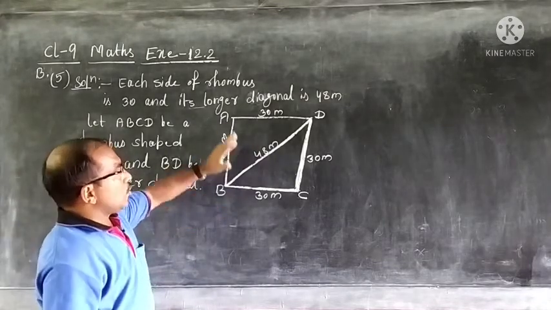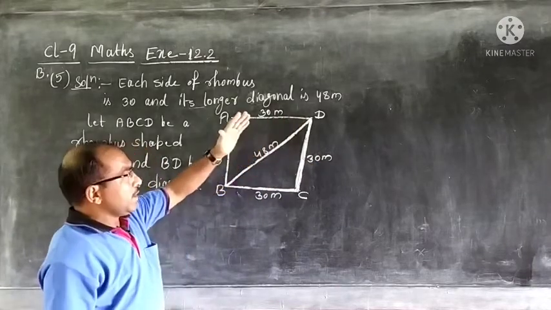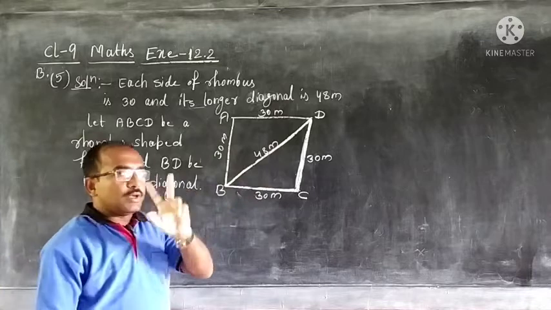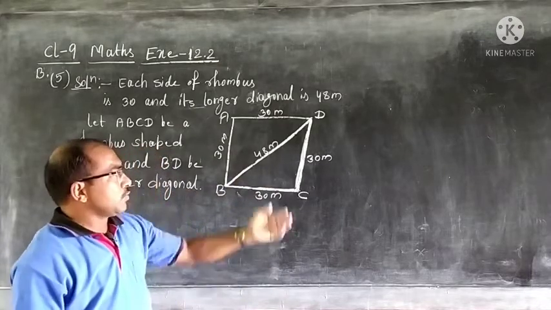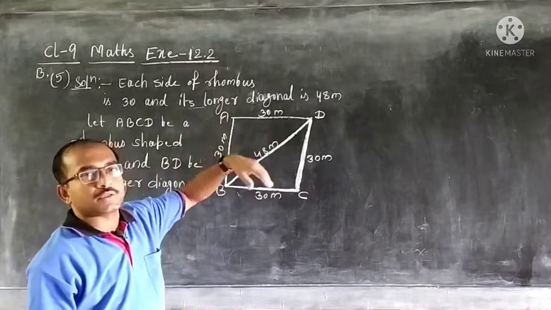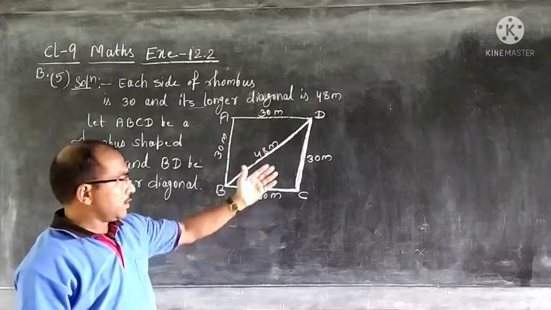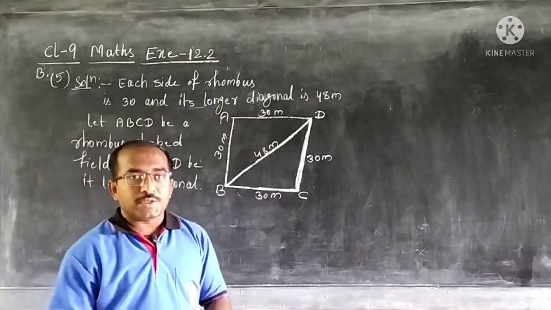Now let us see, in a rhombus all four sides are equal. So one diagonal will divide the rhombus into two triangles equal in area. So here it is easy, we will find any one triangle's area, maybe the area of this triangle, suppose 200 meter square, another triangle also will be 200 meter square, because that is the property of a rhombus, all four sides